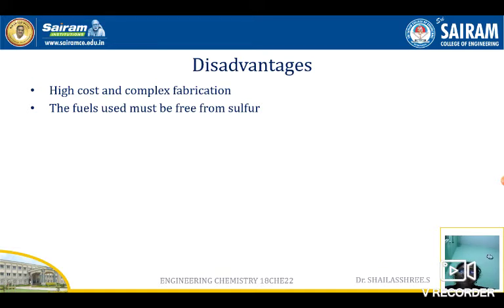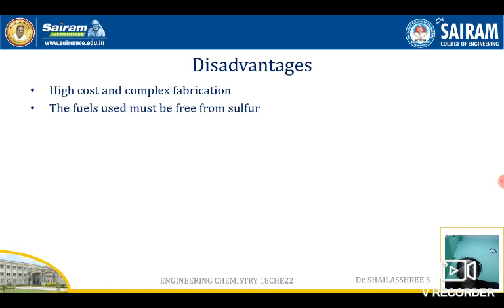So this is the last topic, and we have completed it. In this chapter we discussed alternative energy sources, starting from chemical fuels. We studied calorific value, gross and net calorific values, and the determination of calorific values using a bomb calorimeter. Then we discussed knocking and its mechanism in IC engines. We discussed unleaded petrol, anti-knocking agents, power alcohol, and also the synthesis of biodiesel, which is one of the alternatives to diesel.